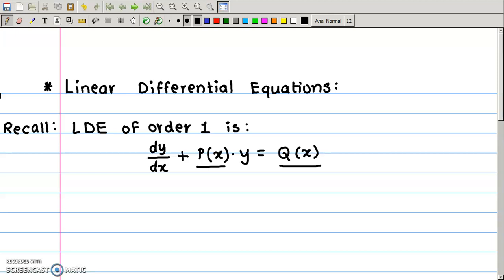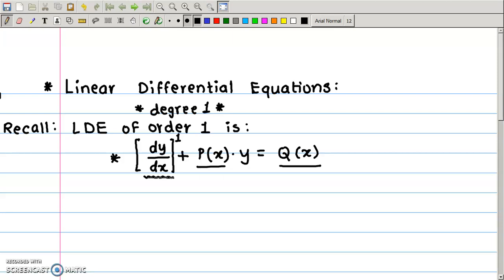So why do we call it a linear differential equation? A differential equation of degree 1 is always known as a linear differential equation. To identify the degree of any differential equation, we first identify the highest ordered derivative term in the entire differential equation and we find its numeric power. So here the highest order derivative is 1 and its power is 1. So this is a linear differential equation of order 1 as well as degree 1. So every degree 1 differential equation is known as a linear differential equation.